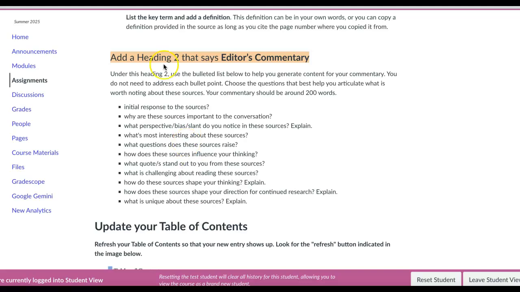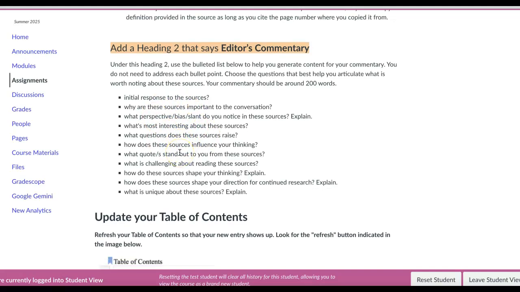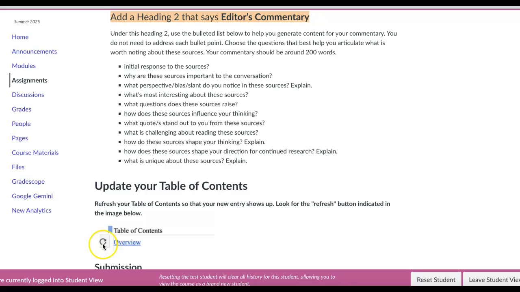And then a heading 2 that says editor's commentary. So for this editor's commentary, you are commenting on both sources at once. You don't need to add separate editor's commentaries for each. You're addressing both of them here. And then when you're all done, you'll go up and refresh your table of contents, and you will see all